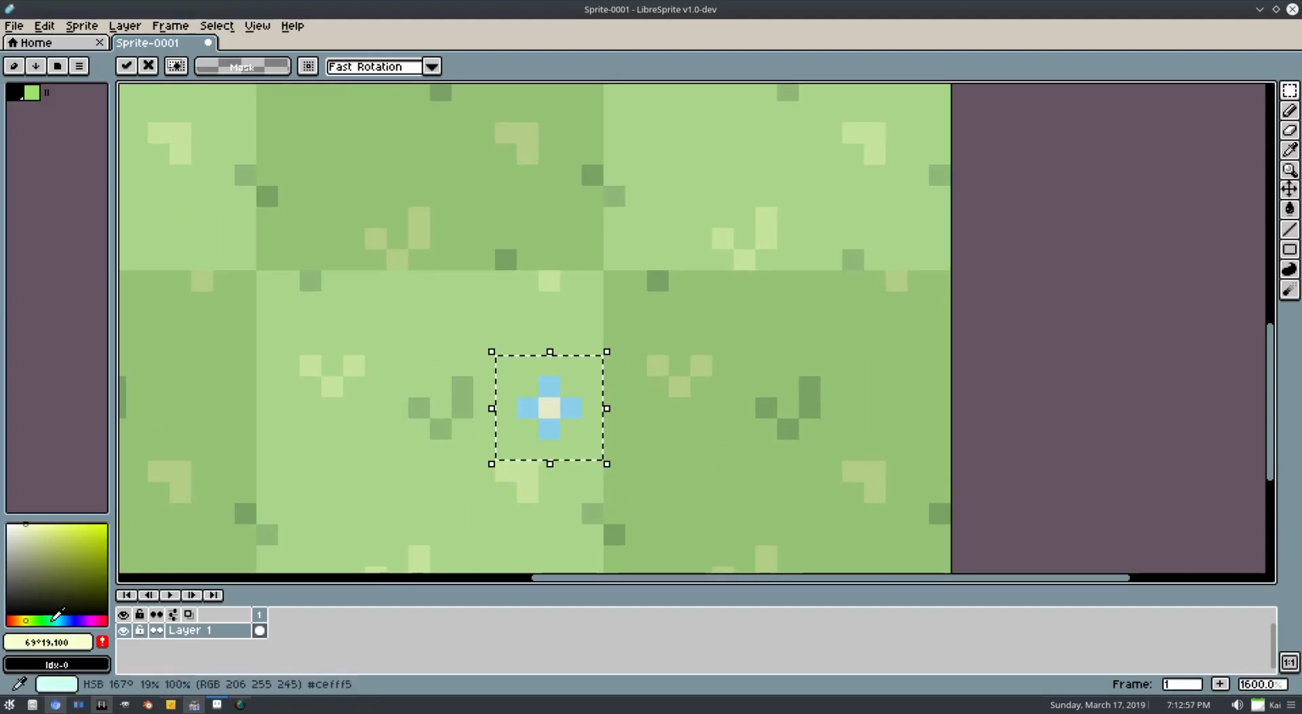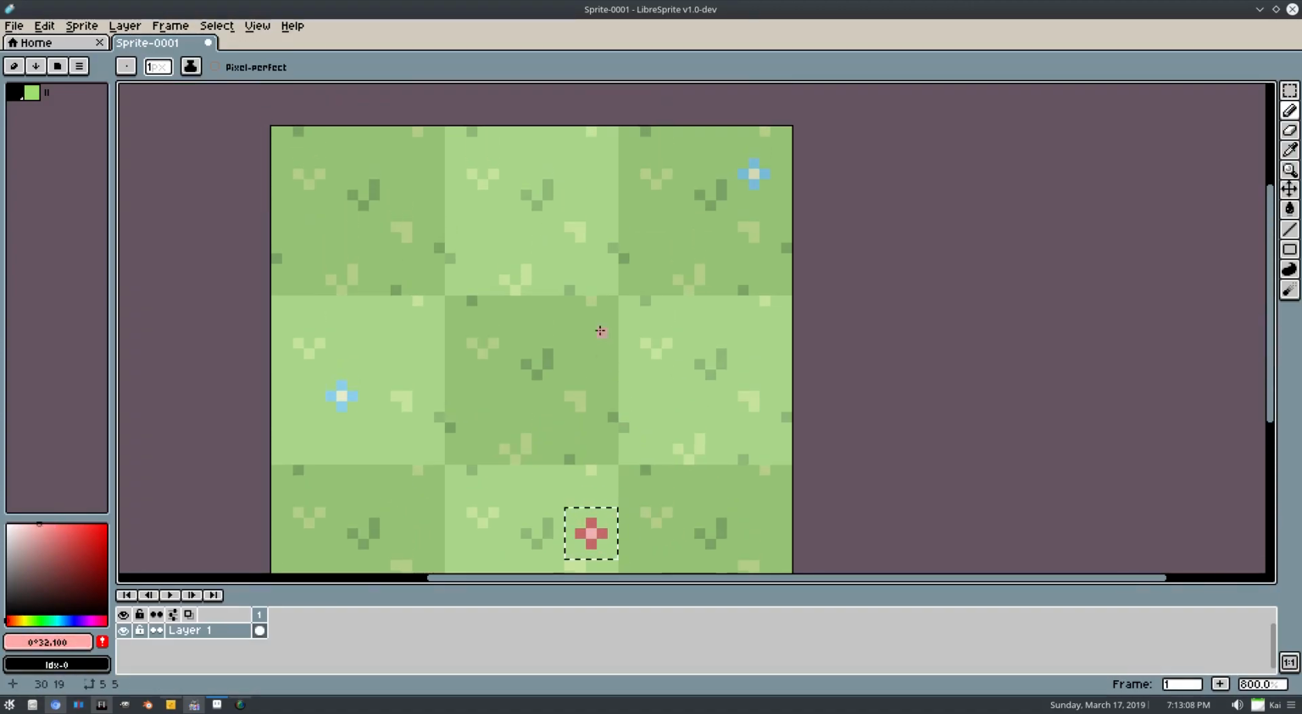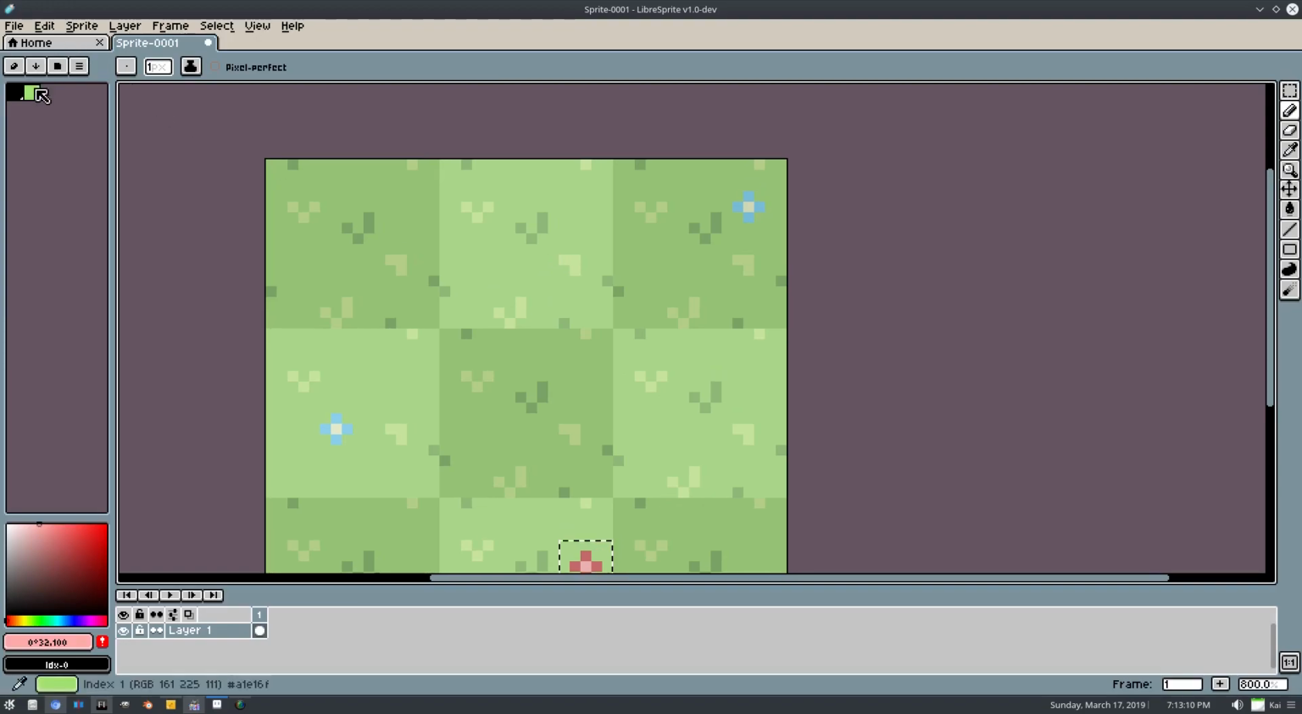And then instead of blue petals, maybe we'll want red petals. Maybe we want a rose or something. And then we'll just fix that up. And then maybe in the center, we'll have a pink instead of a yellow. So you can see how we can go ahead and do this for the rest of the tiles and create